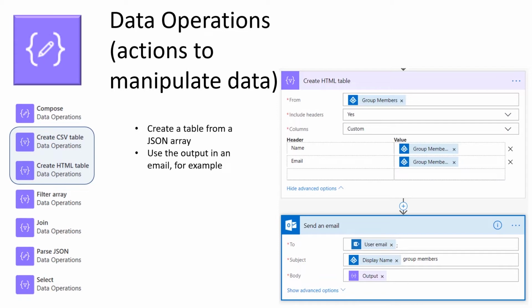The create CSV table and HTML table actions are kind of similar. They each create a table from a JSON array, and then with the object being that, you can use that table output in, for example, an email. So in the example given here, I'm creating an HTML table from an action which got group members of an Azure AD group, and then